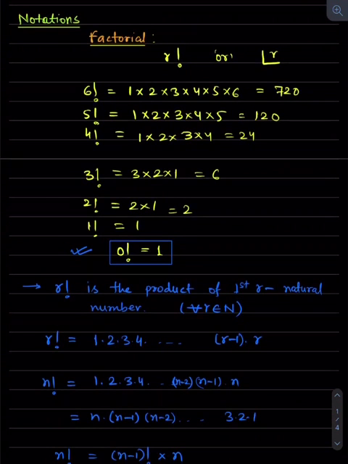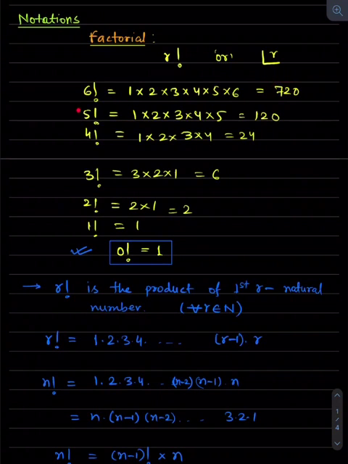Here you can see we have the values of 1 factorial, 2 factorial, 3 factorial, 4 factorial, 5 factorial, 6 factorial. You can see the unit digit of all. So from 5 factorial the unit digit is 0, 6 factorial also has unit digit 0. How did this 0 come? Okay, if any number ends with 0, what does it mean? That it is a multiple of 10. Similarly, this number is a multiple of 10, this number is a multiple of 10. And what is 10? 10 is 2 into 5, right? So the prime factors of 10 are 2 and 5.